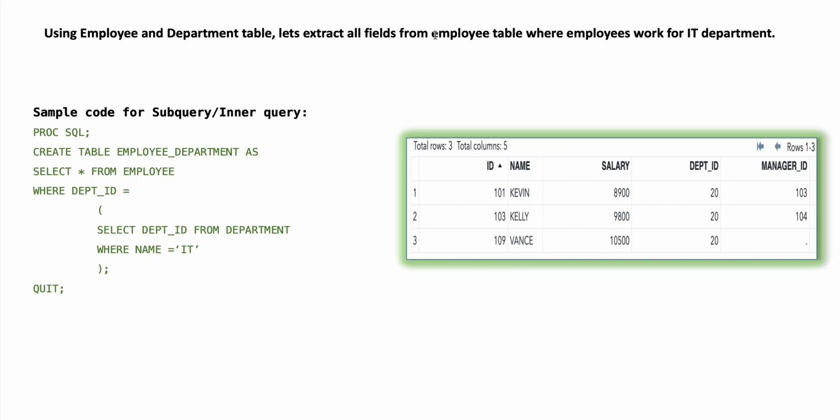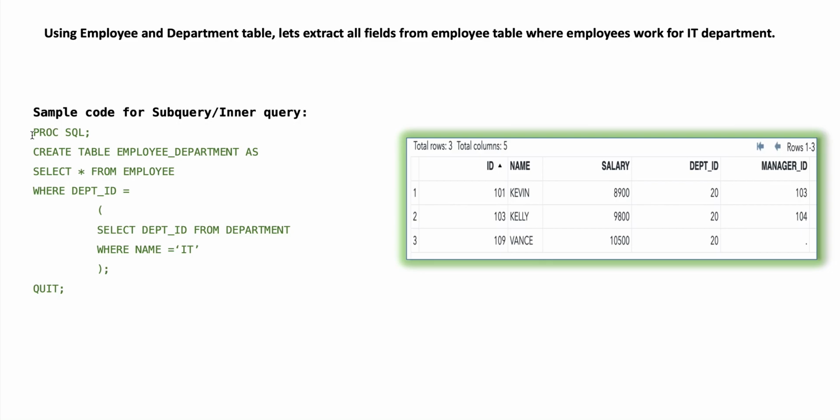Here we are going to identify all records from the employee table where employees work for the IT department. But in the employee table, we don't have a department name variable. That's why we have to use the department table first. After that, we can use the result from the department table in the employee table to extract the required rows. A sample code is given here